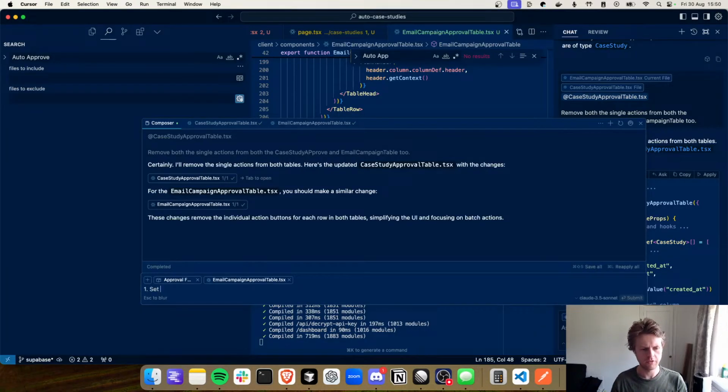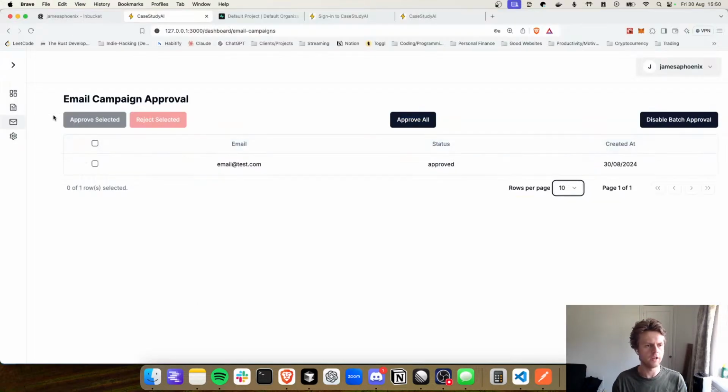Number 1, set the rows per page to be 50, and then the other thing I want to do is